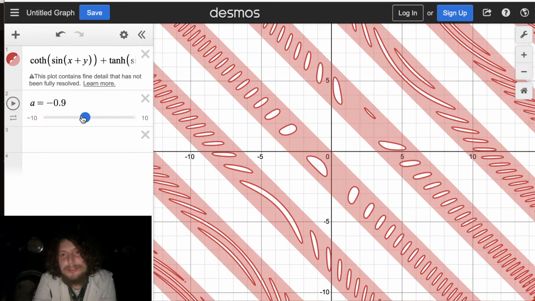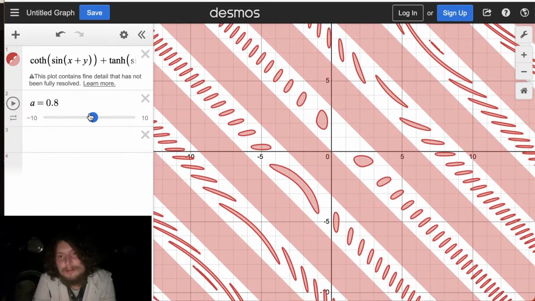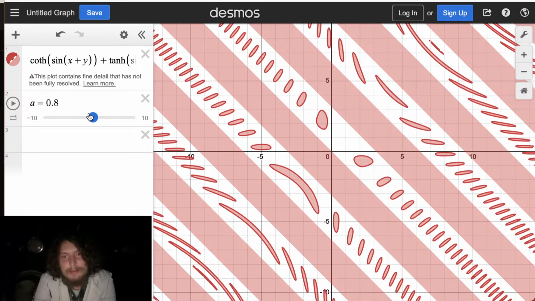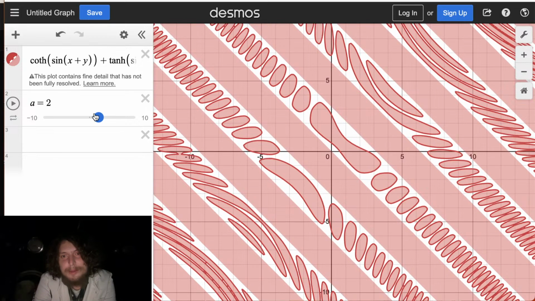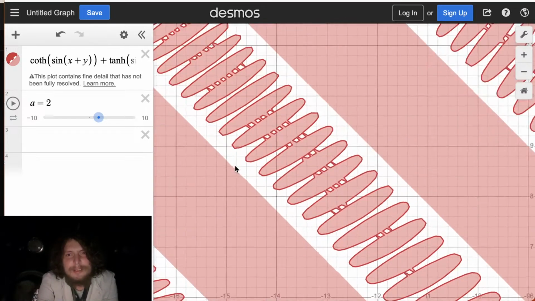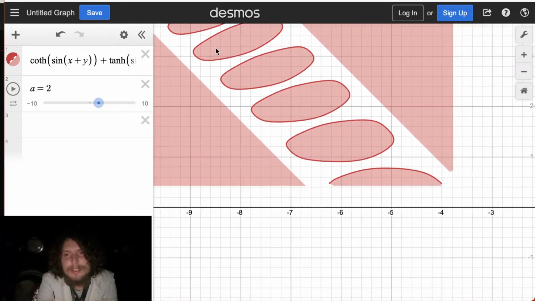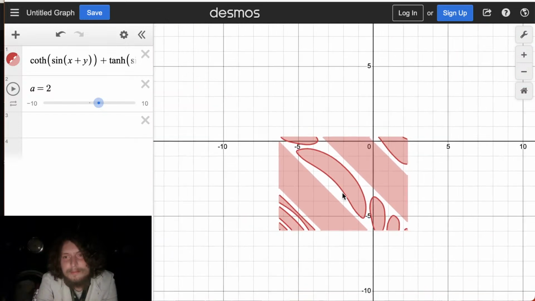Oh, and it flips. I almost didn't need to flip the inequality because we can make them flip on their own. Now here's if we want small islands and more water between them, and here's if we want some pretty big islands that you could almost hop between. Now, do the islands end up touching? I don't think so. I guess, yeah, they stay separate. They just get closer and closer, but they also get smaller and smaller. And this one looks like a banana.